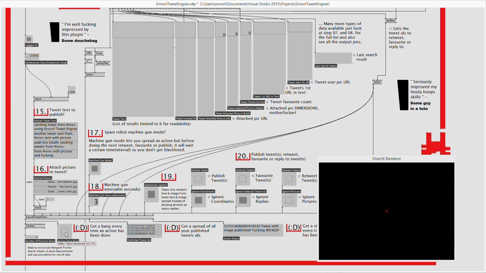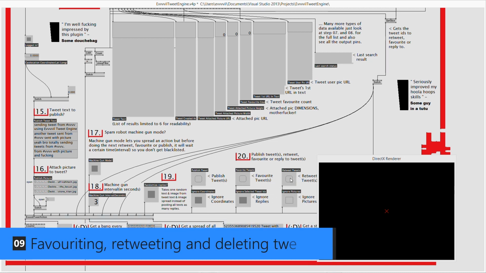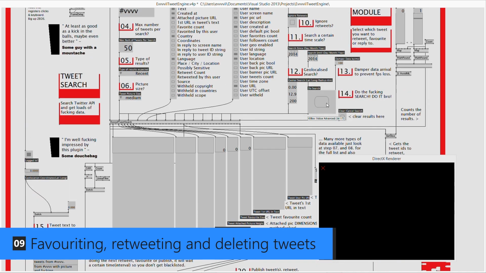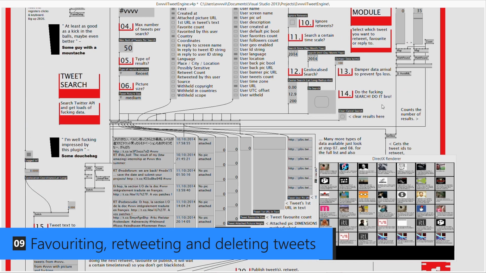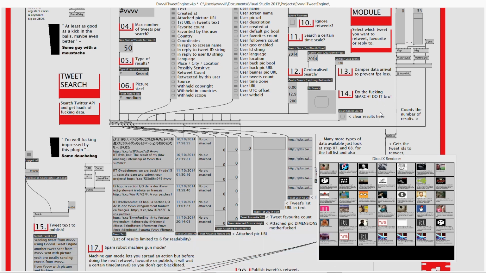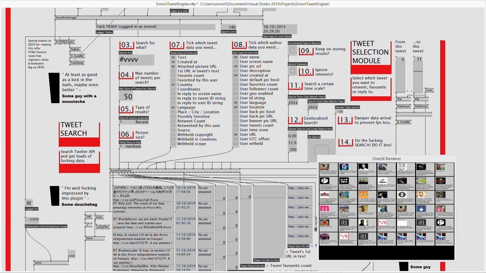So after each tweet is published, you get a bang, which is useful to start an animation. Then you also get here every single tweet ID of every tweet or retweet that you've published, which is great to keep track of what you've done, and it's also useful to destroy tweets. Favoriting or retweeting tweets is easy. You just do a search first, and then you select which tweet you want to favorite or retweet here,